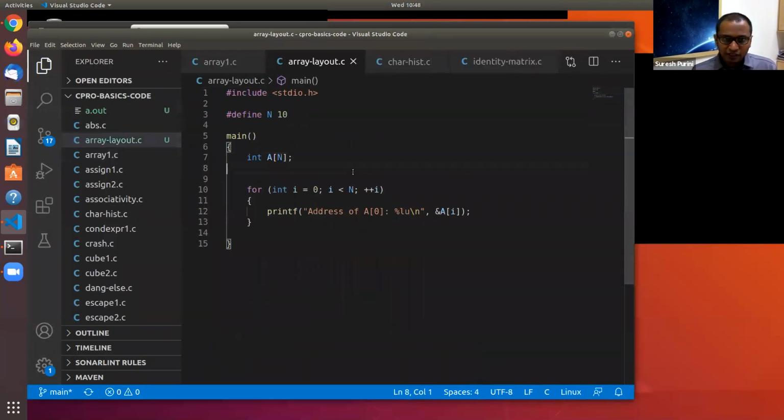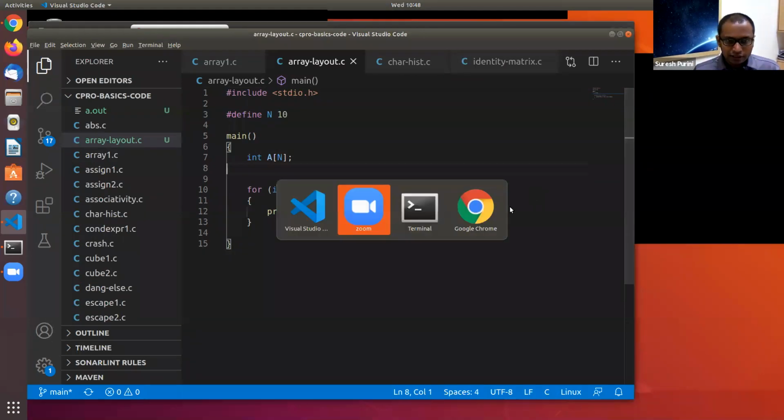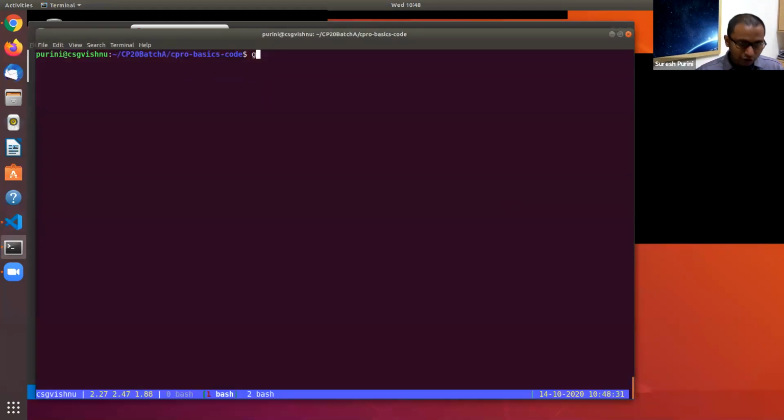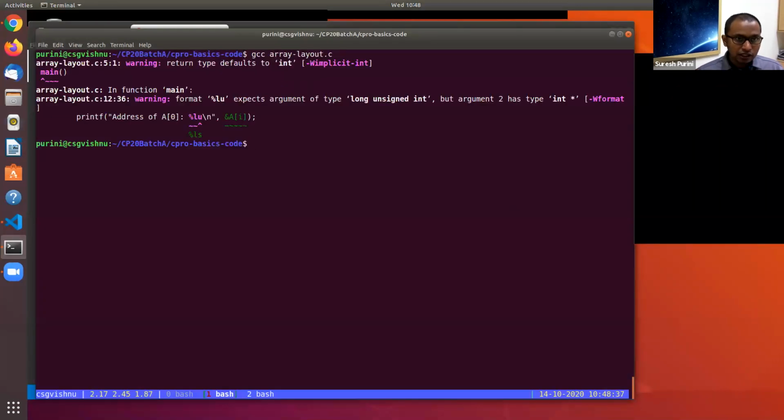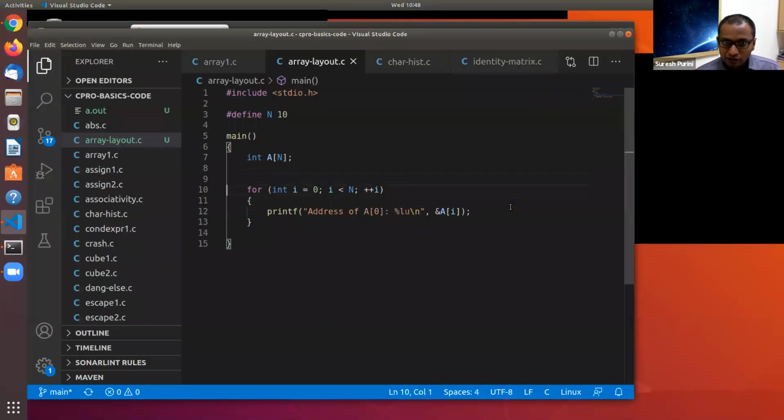I didn't use it before, but let's see. Array layout.c. It is saying what we should use. Maybe %u might be good enough, or maybe I'll use %p.